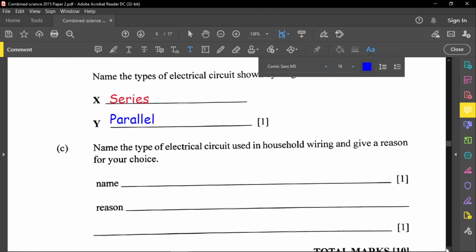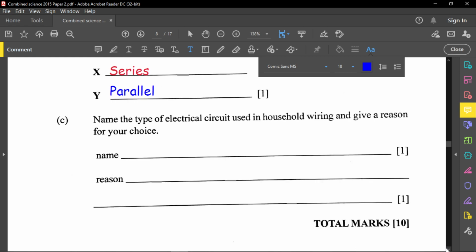Part C now is to name the type of electrical circuit used in household wiring and give a reason for your choice. And this is definitely a parallel circuit. The reason why you want to use a parallel circuit inside of households, or really any buildings, even industrial, is simply because